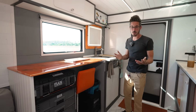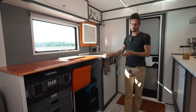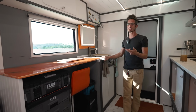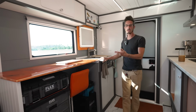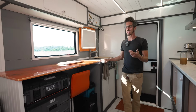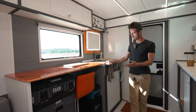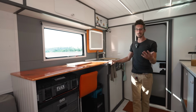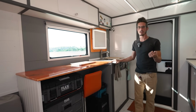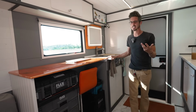A lot of people want to know about the toilet. So right down here, I have a Boxio separation toilet. I like it a lot because it separates your liquid and solid waste. And it's really simple because you can just use it for solid waste. And then when it's done, you just tie the bag up and throw it away. So there's not much maintenance, and it's pretty odor free. And it's really compact and a pretty low price. So I'm really happy with that separation toilet, and I enjoy using it. That's the biggest thing. I've had other style toilets in the past, but I found them to be a lot of maintenance, and you end up not wanting to use them because it's kind of a hassle,